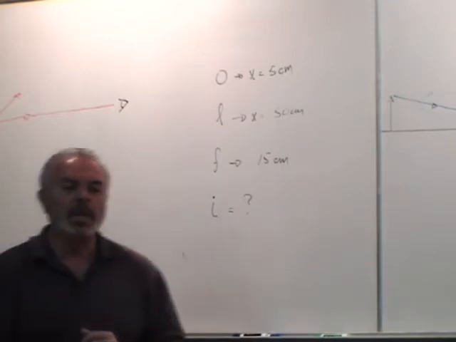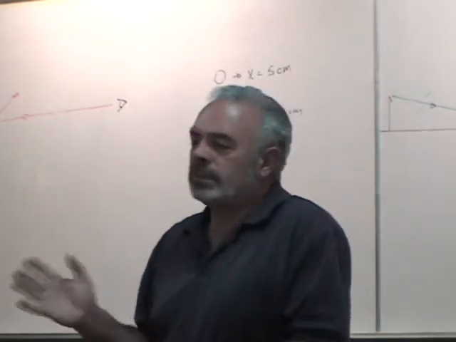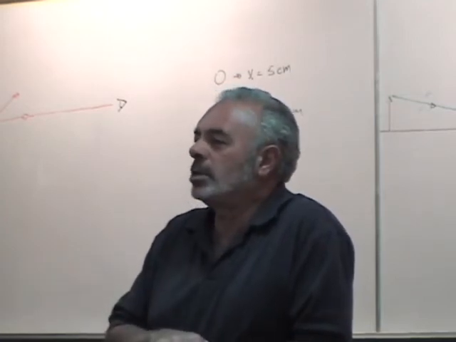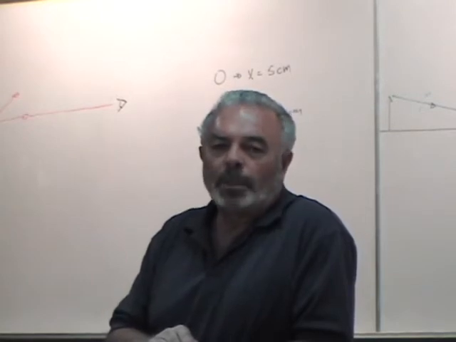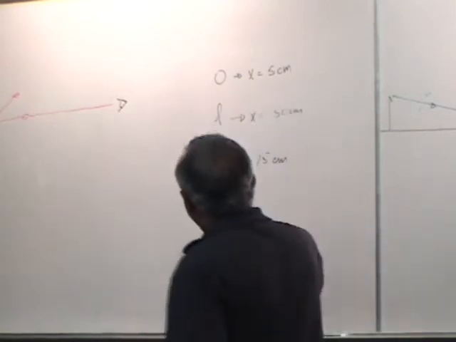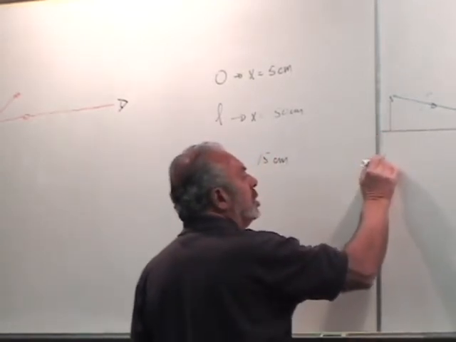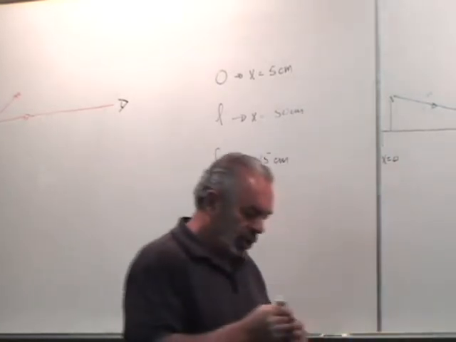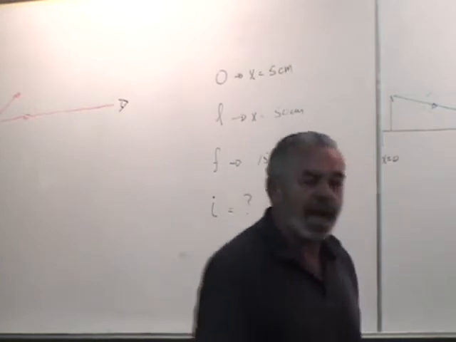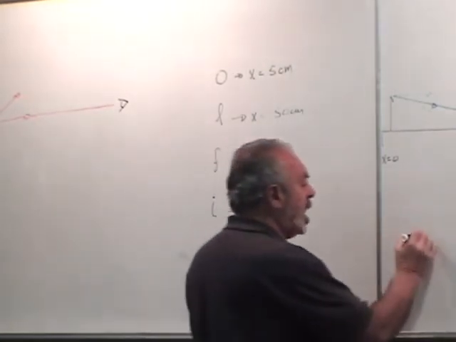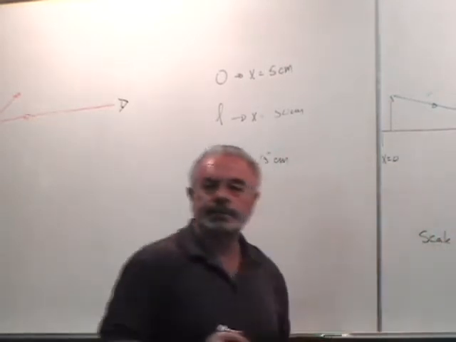When I say do it with a ray tracing diagram, that means absolutely no calculations whatsoever. Take your calculator, put it back in your backpack, you're not going to use it at all. You're going to draw a picture as accurate as possible to represent this configuration to find the x position of the image. Here is x equals 0. And so you're going to construct something like this using meter sticks and so on. To make it easy, at first your scale is going to be 1 to 1.